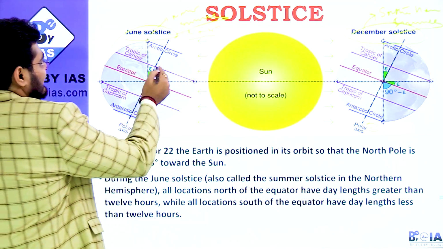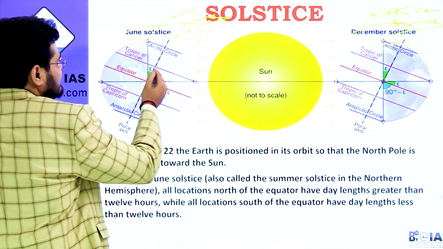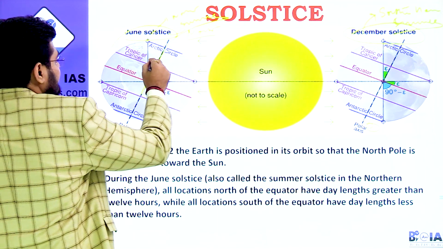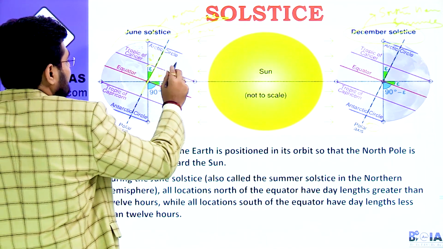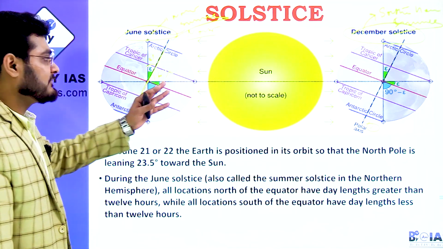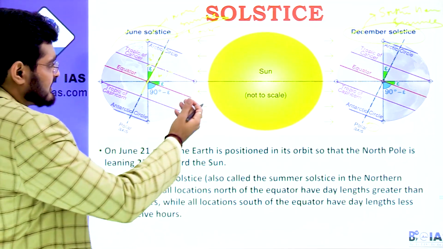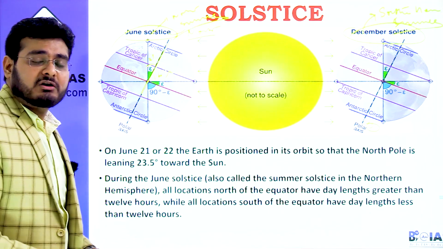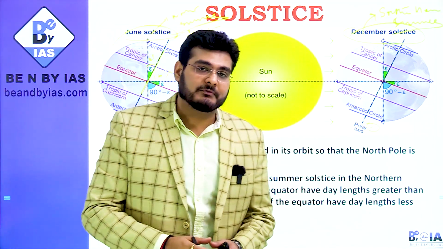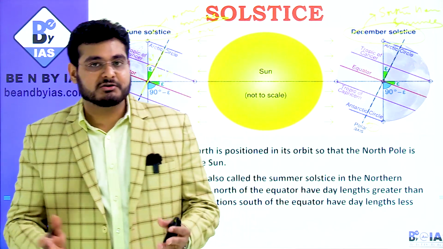So this is the tilt of axis, very mathematical things, not very important for UPSC students. So this is the tilt of axis. This is 23 degrees, this is 66.5 degrees, and this is how the changes are done in the degrees, and that is why there is a solstice which is occurring. So agar this type of question comes, the solstice is the result of tilt of axis of Earth. So that is a true statement.